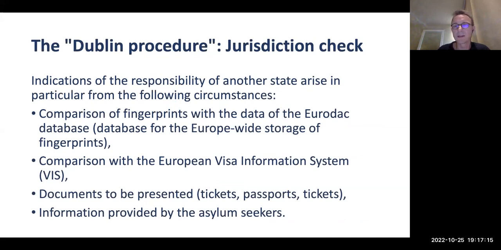If you disembark from a ship, for example, in the southern part of Italy and you go to a hotspot, then the registration and fingerprints are immediately done and available in the Eurodac database, which is the basis for deciding whether a person